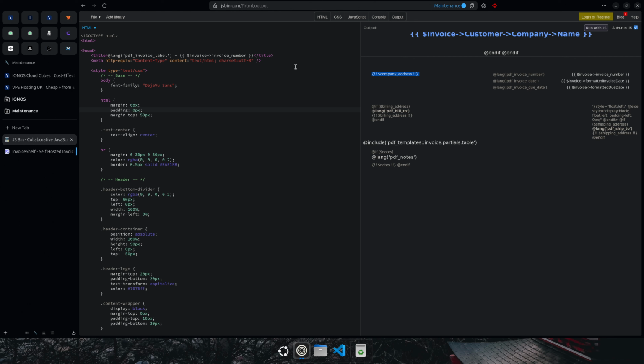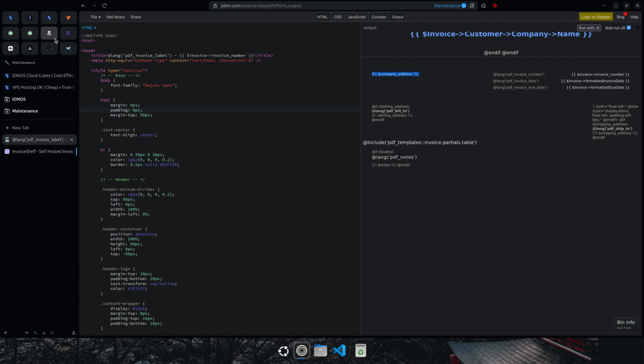So that's an alternative. So you can quite simply just copy and paste your PHP Blade template for invoice in here into the JSBin, and then edit it like that. And then once you edit it, just copy the contents and paste it back into the template. Right. So since we want to add an invoice template,